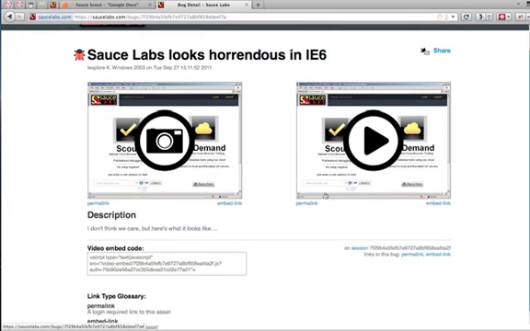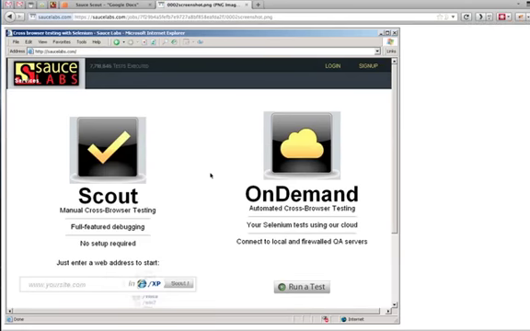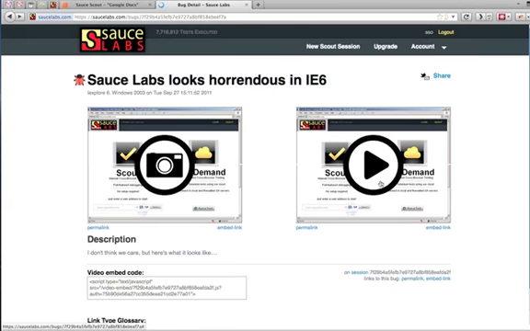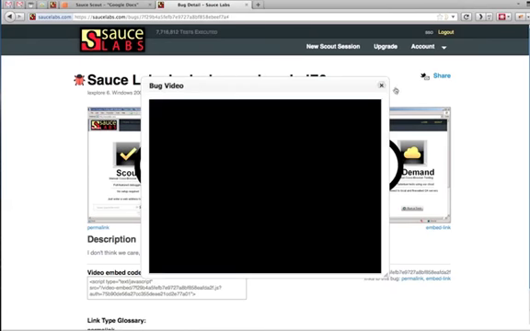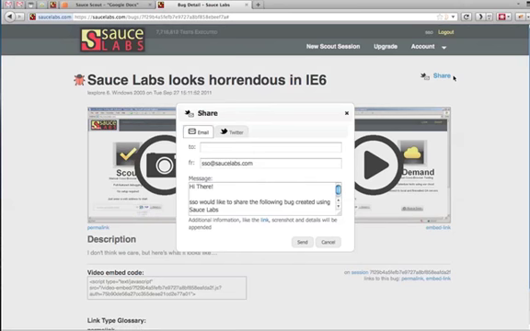That bug will include both a screenshot that I took, as well as the video of the whole execution, if you want to revisit it. You can share this bug with people in the same way you do with Scout sessions. The good thing is that the bug includes the title and description that you added, and the particular screenshot related to that bug and the video. So all you need to do again is just hit the share button here, fill in the address,